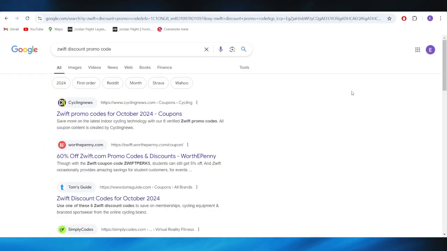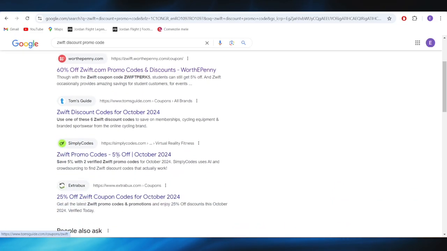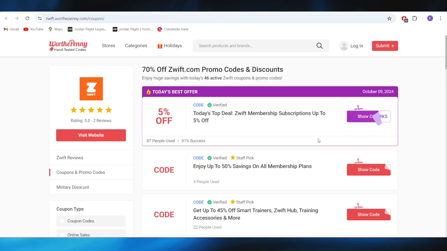First of all, go to your web browser, and right here you'll have to search for Zwift discount promo codes. Go to this website, which is called wordpenny.com, and open it. As you can see right here, we have a list of different types of promo codes that we can use